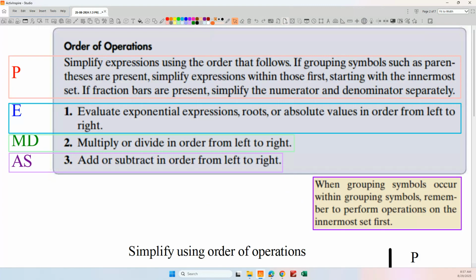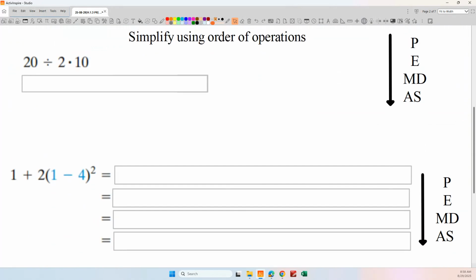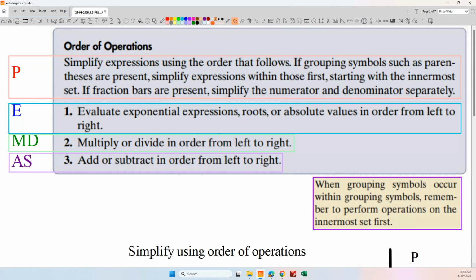What are some other things that maybe aren't so obvious, but there's implied grouping? So absolute value bars, sure. What else? Anything else that would cause you, in order of operations, to first simplify some things that are grouped? Other ideas? When would that apply? Parentheses are obvious. Some things aren't so obvious. What if I had something like this? What if I were doing something like,